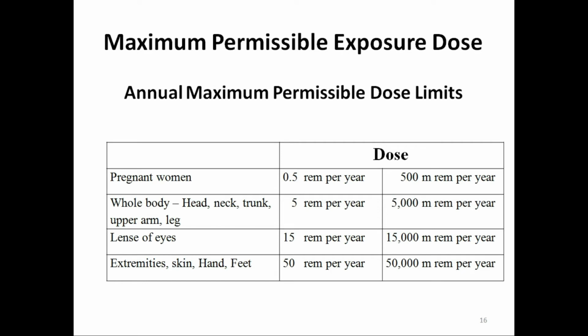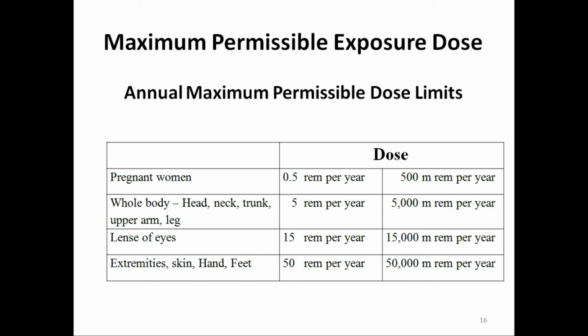Maximum permissible exposure dose. Every living being has a certain limit to tolerate radiation, and specifically in the human body, each part of the body is sensitive to a particular radiation at its particular limit. Each person experiences on average around 155 to 160 millirem per year. Out of that, 70 to 80% is natural radiation.